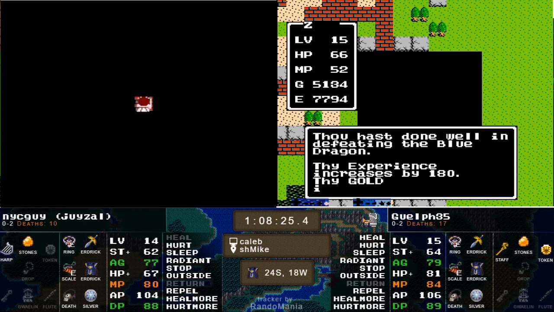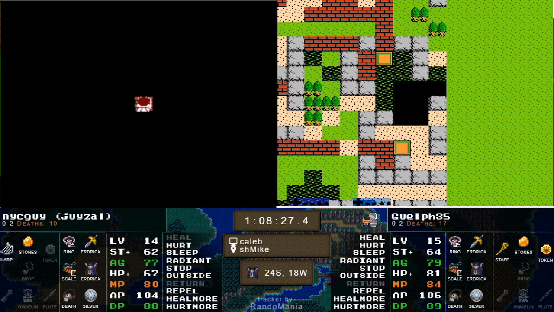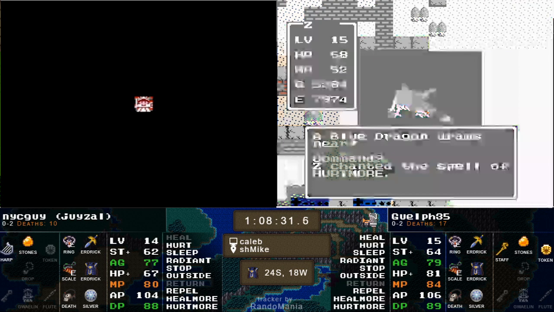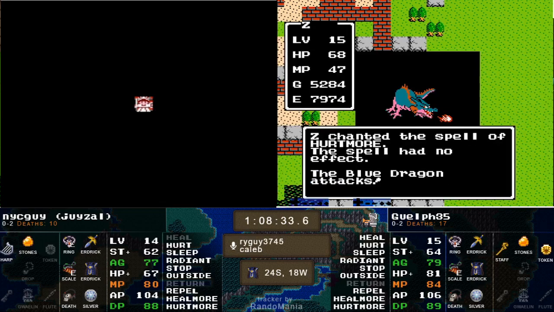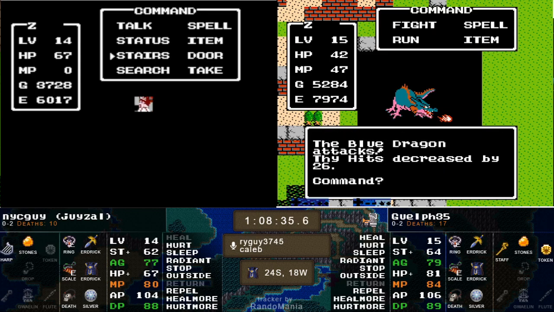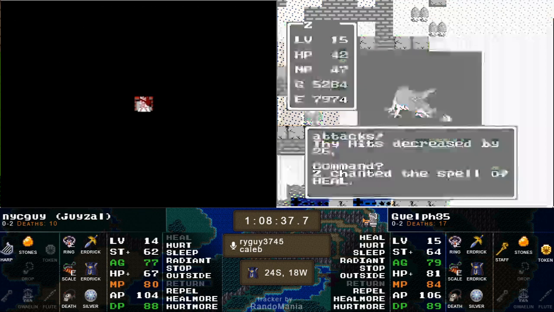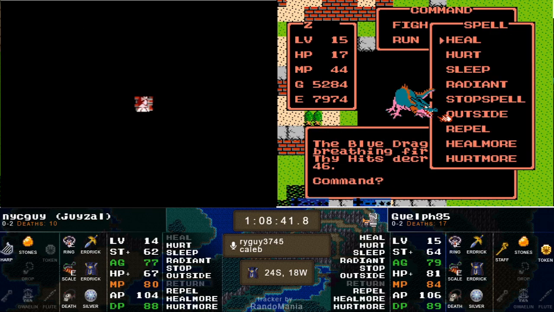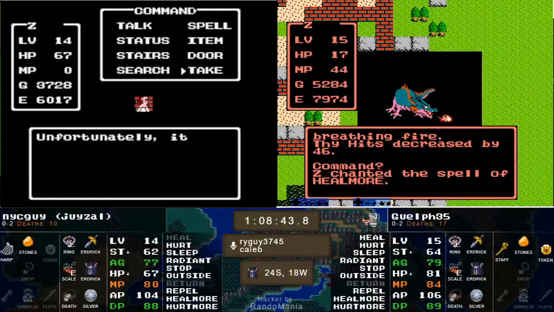And that's the kind of blue dragon fight that Guelph needs to see. Big, high hurt more roll, and then just a low attack from the dragon. And not the dragon breath. Yeah, he gets the Dragon Breath again, so...